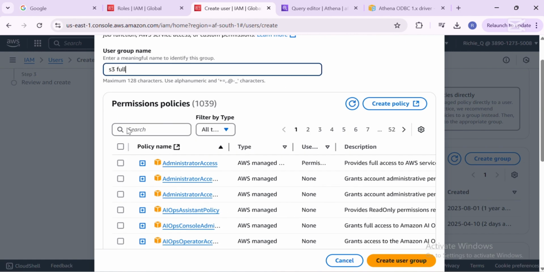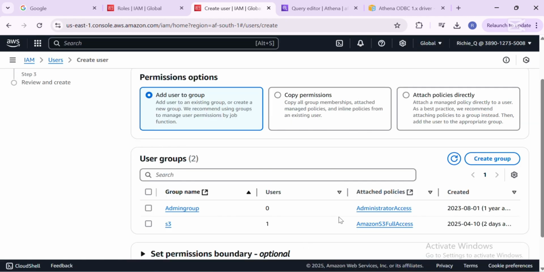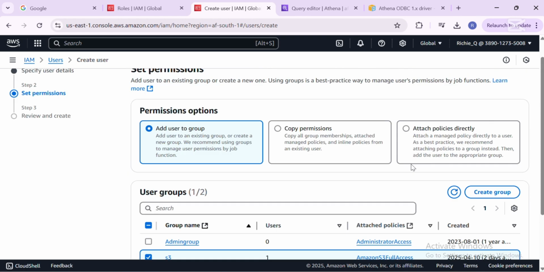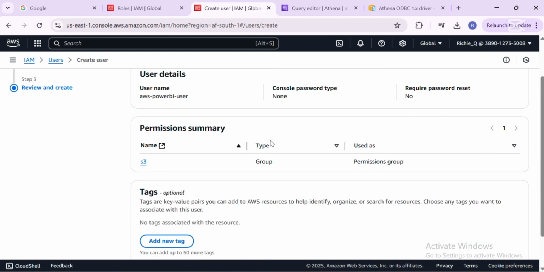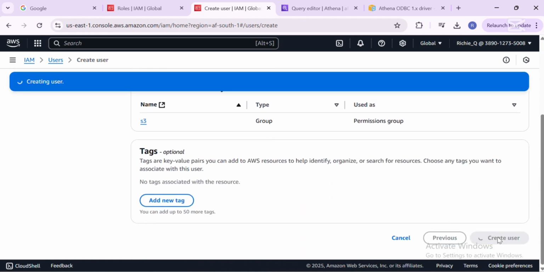So we can look for S3 here in this list, and select the Amazon S3 full access. But I've already created a group, so I'll click on cancel and select the group which has the S3 full access in there. So I'm going to click on next, create user,